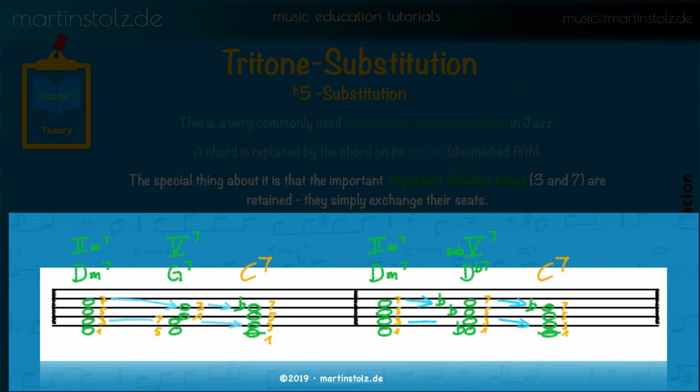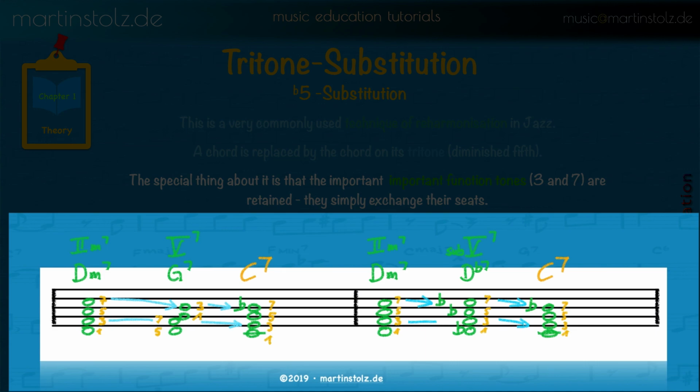The same happens with the 3 of the D minor 7. That goes to the, that is, change the seats from the 3 to the 7. So the F in the D minor functions as the 3rd, and in the G7 it functions as the 7, and then it moves in a half step to the E of the